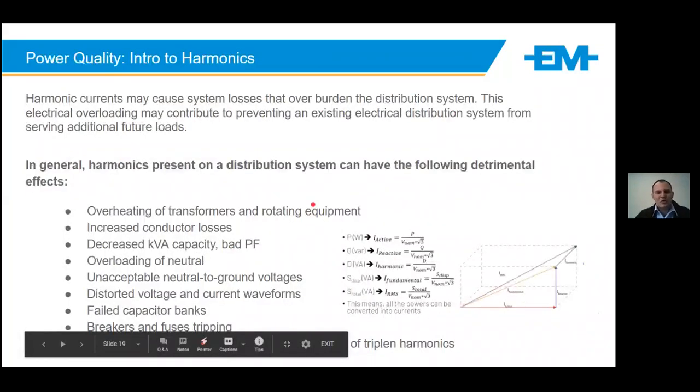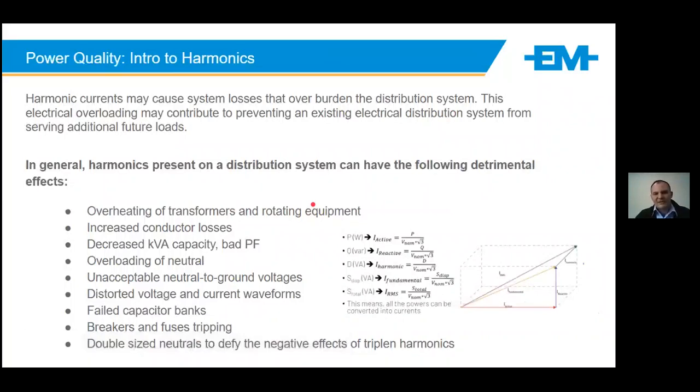So what do harmonics do? Harmonic currents may cause system losses that overburden the distribution system. This electrical overload may prevent any existing distribution from serving its full purpose, or any future purposes. So some immediate effects, pending harmonic percentages,